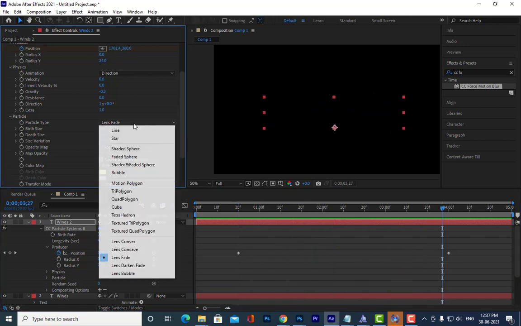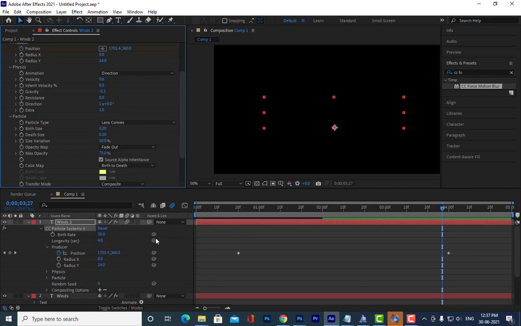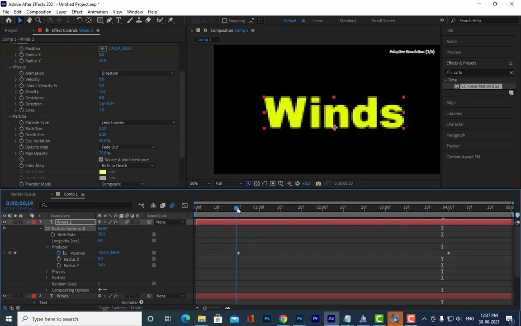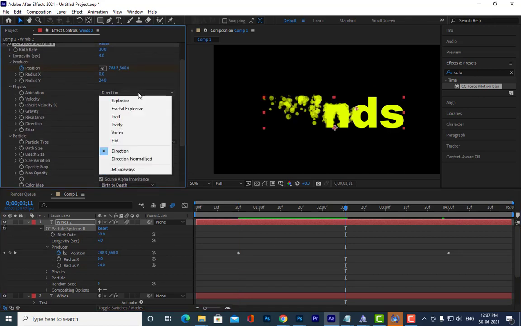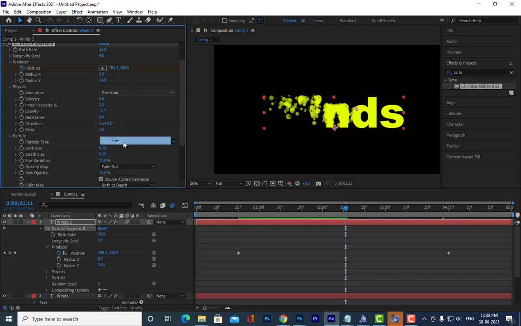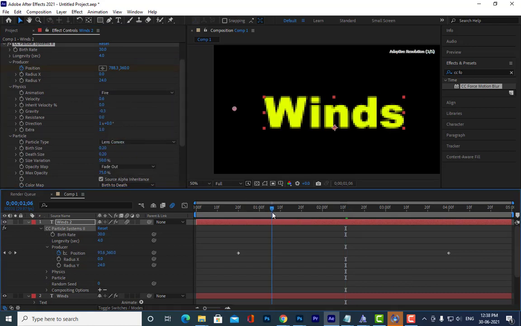Okay, let's keep it to lens, okay, convex. See here, and we can also do this fire. Okay, we can combine it with this fire option. Okay, see, now we can see how it looks.